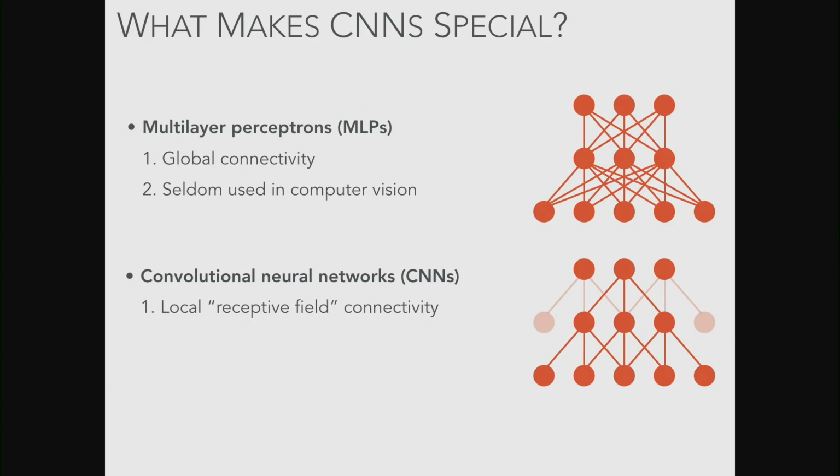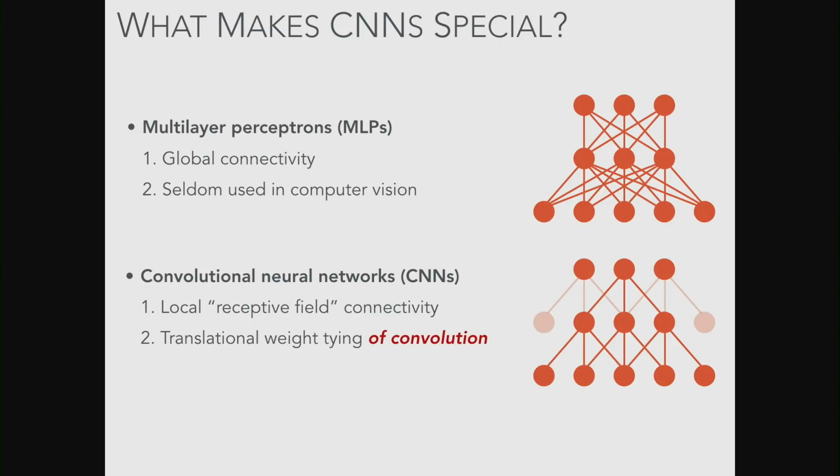So we have a bed of these neurons spread across the image, and I'm only going to connect my neuron to the patch of pixels very close by to it. And then all of the weights connecting my neuron to my input are going to be replicated for each neuron in this translational fashion. There's another slide on this if you missed it, so I'll just move on. And this is the basis of many state-of-the-art models, convolutions.